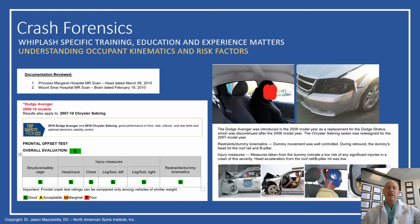In this specific case, the patient sustained a subdural hematoma. Now, this was a pretty easy, straightforward case because she sustained the injury, was taken via ambulance to the hospital, special imaging was done, and the subdural hematoma was found. So there was no causation factor. But if we look at the kinematics of the collision and how we can use crash forensics to determine injury potential, we can see that we can use this to see what kind of injury potential is possible based on